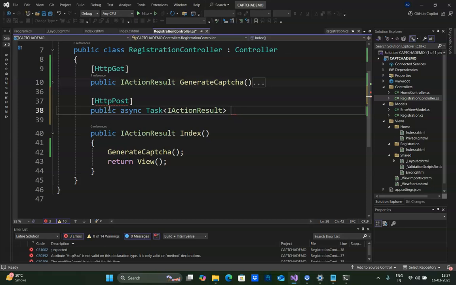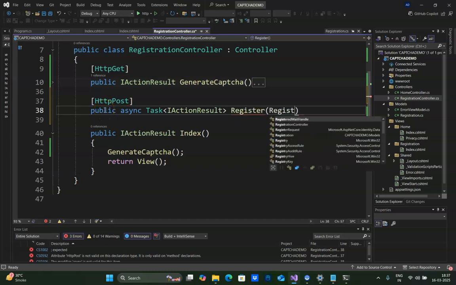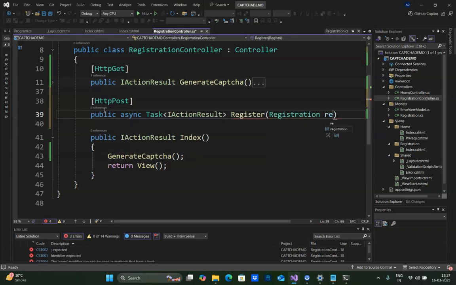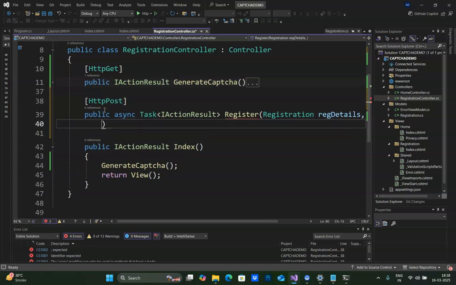So this is my method Register. Okay, and now this will have parameters. The first is the registration object, that is our entity RegDetails, comma,